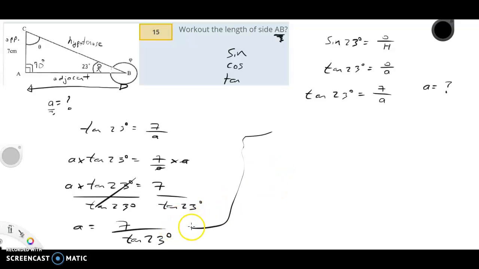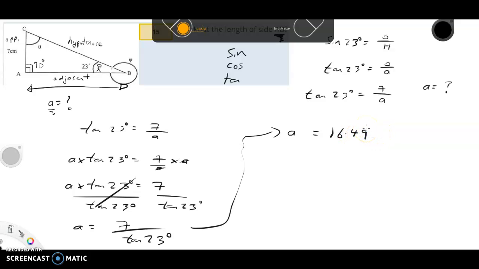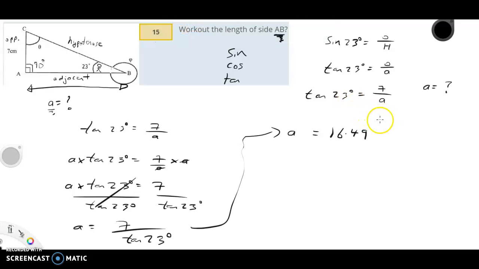So I'll bring up the calculator here and we get our answer. A equals fraction key, 7 on top, and down below we have tan 23. Close the bracket. And I get 16.490 on my calculator, and to two decimal places, we'll forget about the 0 there. And our units are